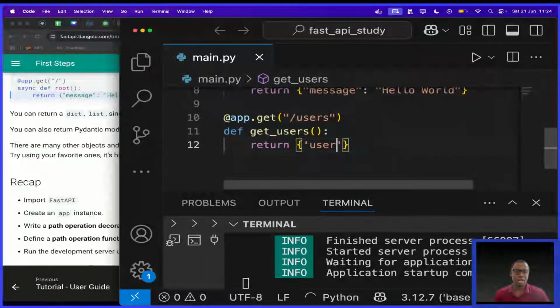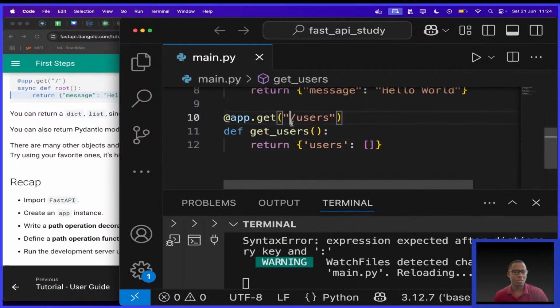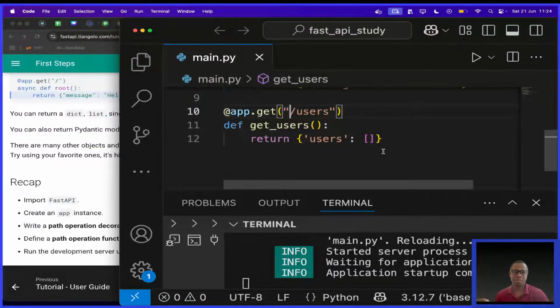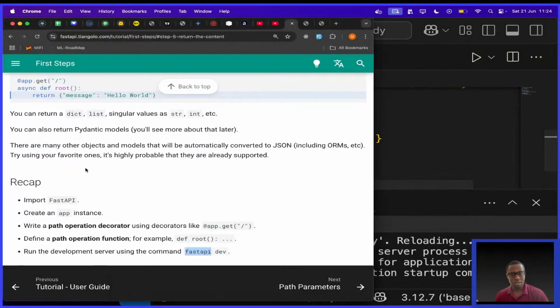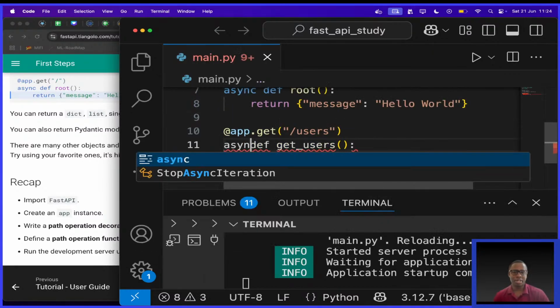I want to use a dictionary whose key is users. Then I have a list of users, but now it's empty for now. So this is a path operation decorator, and then this is a path operation function. Big terms, but by now, of course, you know what they mean. And of course, right now it's not async, but we can make it async.